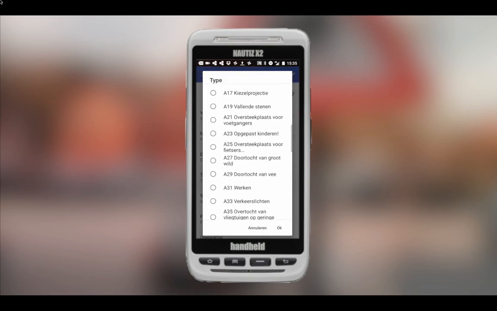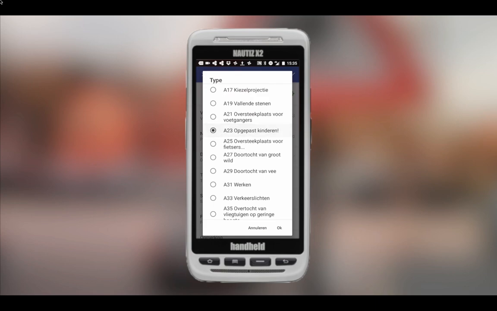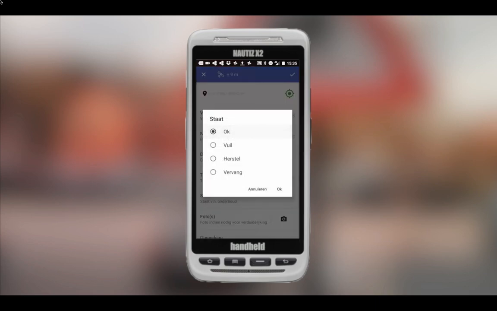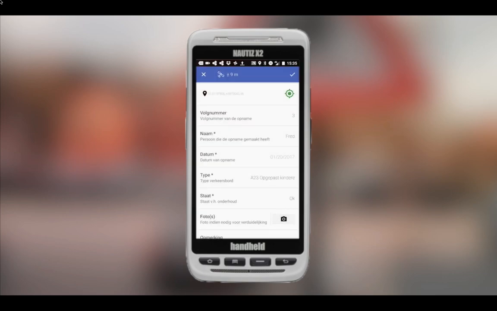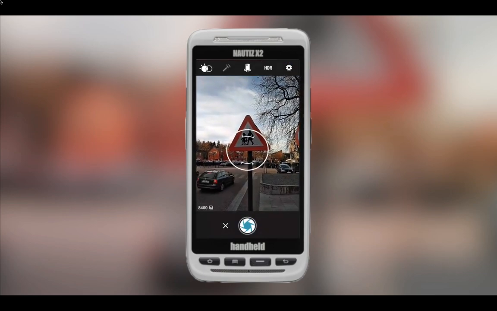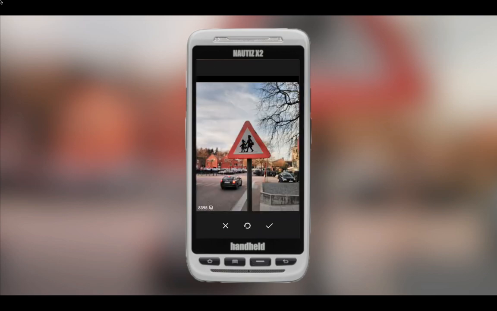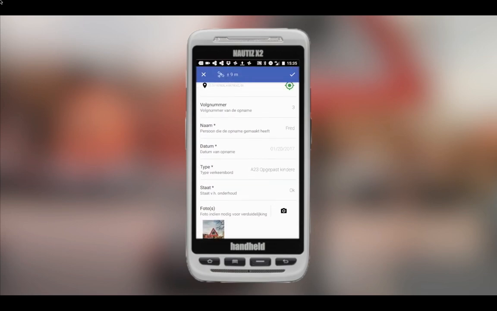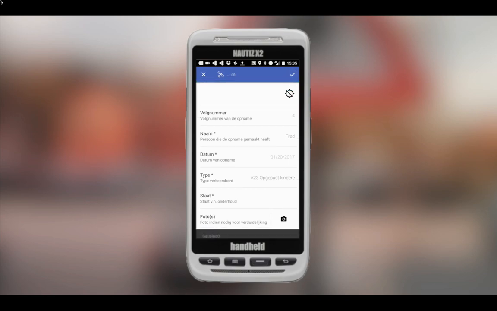We select from a list the type of traffic signal, the state of the traffic signal, and then we click on the photo and the photo app opens. We take a picture of the traffic signal, press save if it's OK, and then you see that you have your complete data. When we press then the save button, the data is saved internally and then uploaded to the